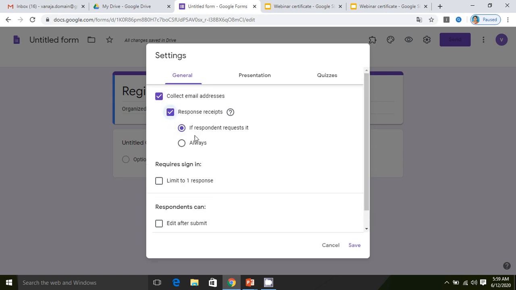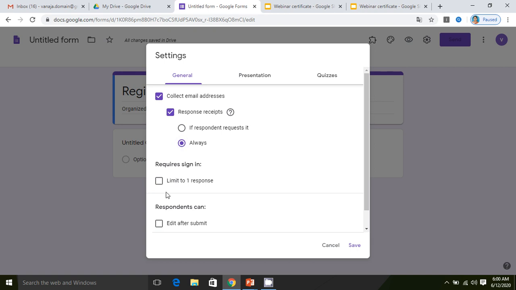When you select it, it's asking two options, if respondent requests or always, which is nothing but whether, as soon as they register, the registered information should be sent back to their mail or not. If I enable it for the participant, as soon as they register, their information will be sent back to their mail ID if they request. If you enable always, it will go.